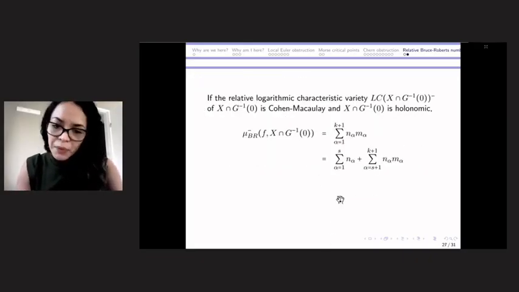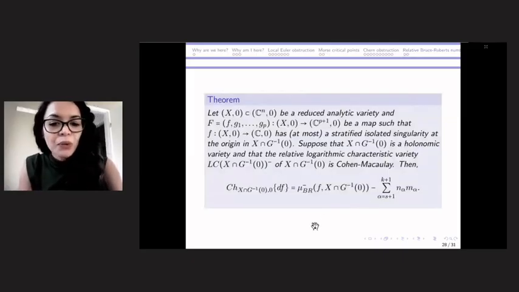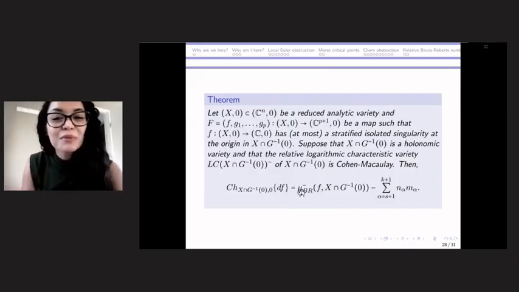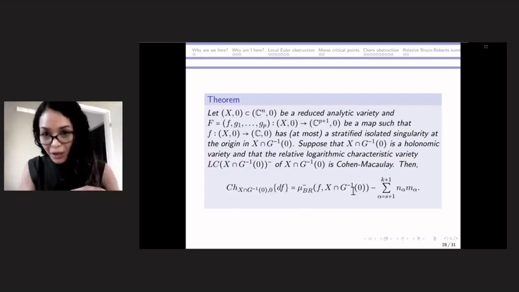So what we prove, I will be quick here, is that we can compute the Chern obstruction, which was a super topological approach, using the relative Bruce-Roberts number, which is the dimension of a quotient of modules, as you saw,